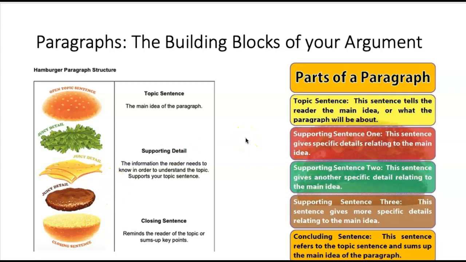That really does have some merit, and I think it's useful to have that kind of design in mind. Here's a different example of it: you have a topic sentence, a supporting sentence, another supporting sentence, a third supporting sentence, and a concluding sentence, okay? So I think it's worth saying that in many cases you will be using that structure. But there's far more variety of paragraphs, especially as you get older and start to write longer essays, like this report, or when you write a dissertation at university. You will find that paragraphs have different functions when you have a longer argument.